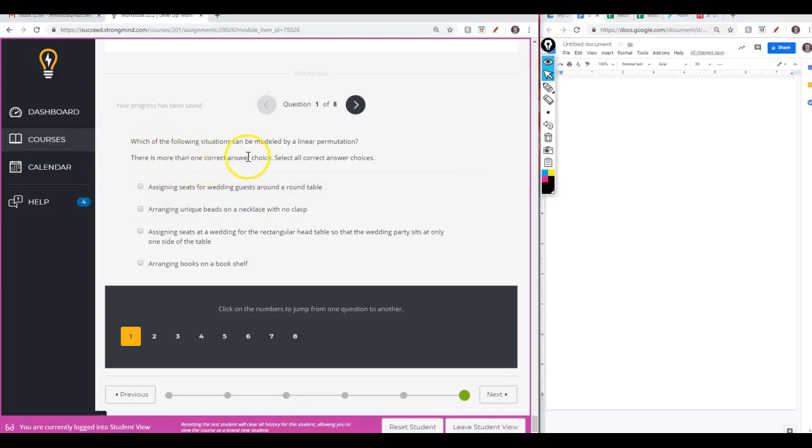Alright, which of the following situations can be modeled by a linear permutation? There's more than one correct answer choice. Select all correct answer choices. Okay, so linear permutations are ones that